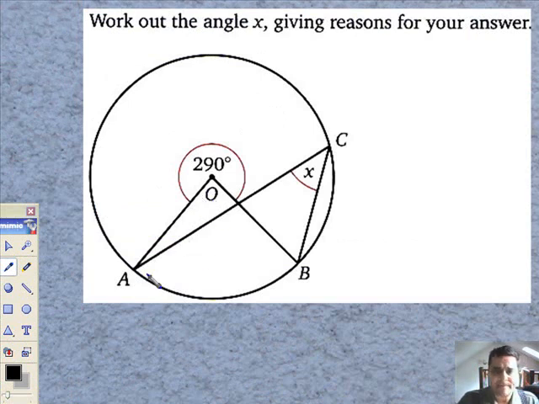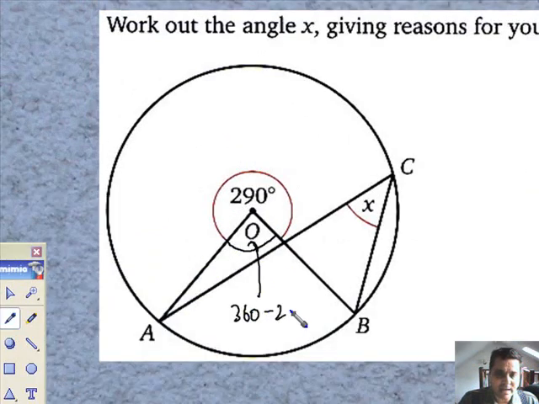Now look at this one here. I've got angle AOB. The exterior angle AOB is going to be 290 degrees, and that makes the interior angle AOB, guess what, 360 take away the 290 degrees, which is 70 degrees. Isn't that lovely? Now look, I've got a chord going from A to B, straight across there like that, and